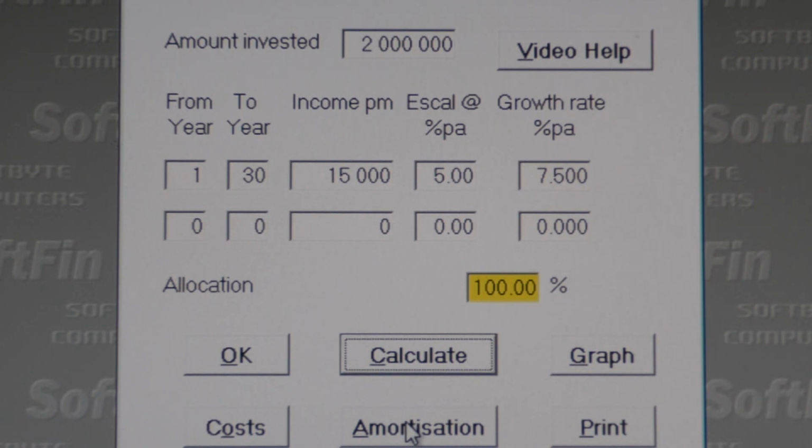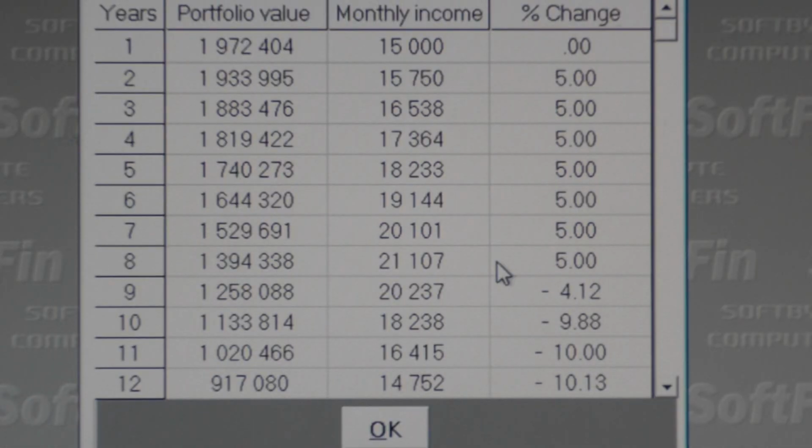If we click on the amortization button, please be aware that the figures shown here should in no way whatsoever be construed as any type of quote by any person or company. The amounts shown in these tables are merely illustrative figures that show how living annuities work and how changing various input variables can have a marked difference on the performance of a living annuity in general.